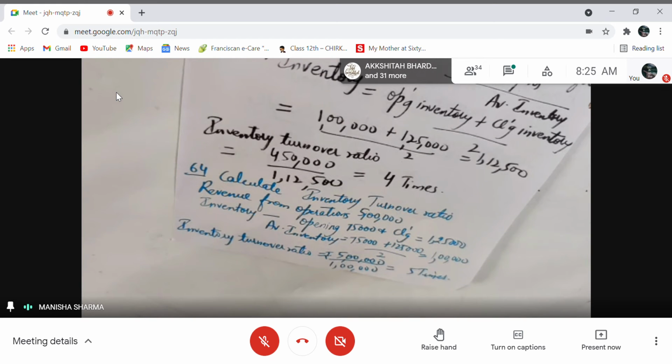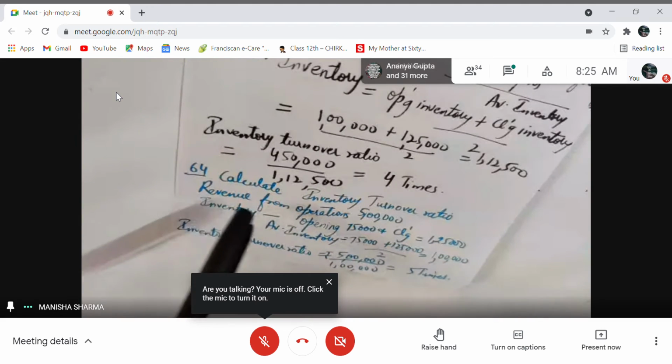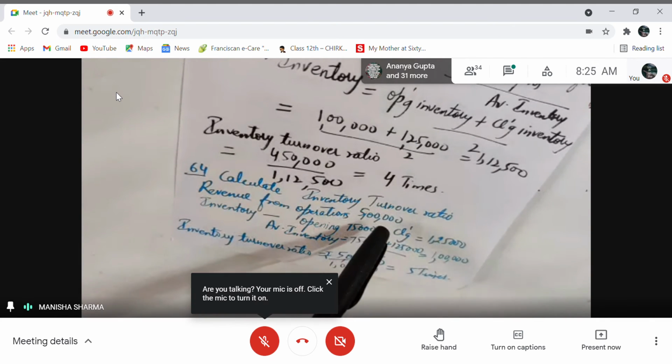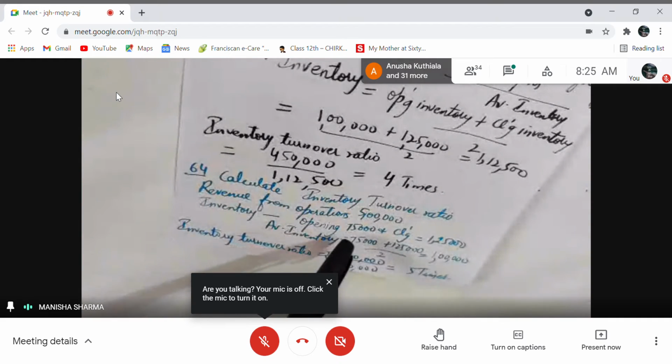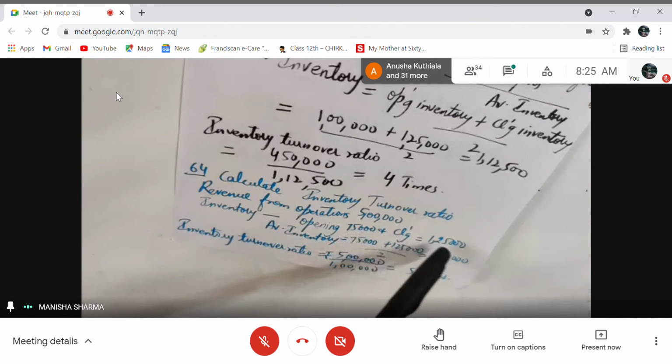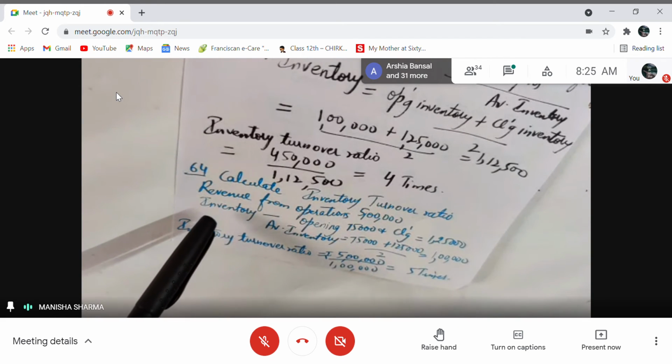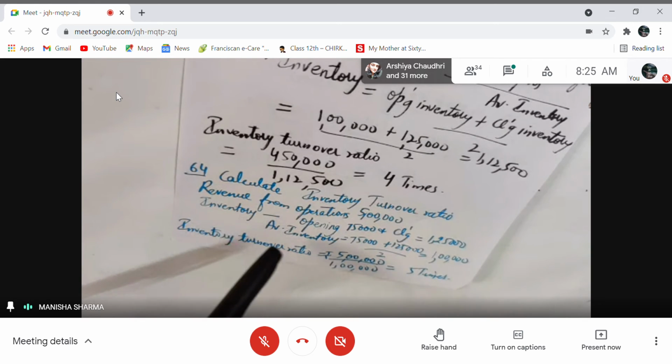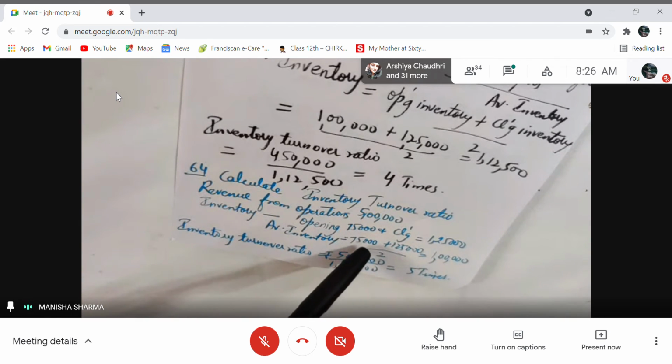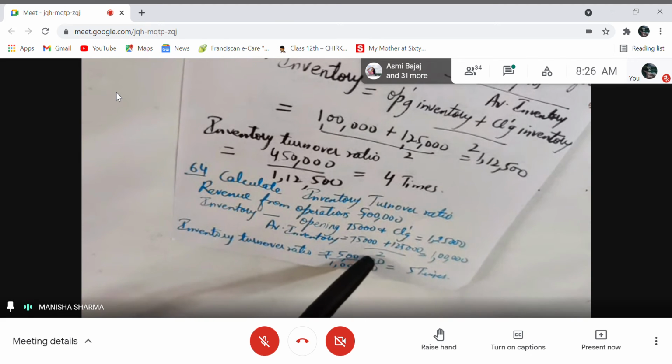In that case, you will take net sales as the numerator. I told you there's an option, second preference given to net sales, first preference given to COGS in order to calculate inventory turnover ratio. So here we have revenue from operations. It means net sales are given to be 5 lakh. Inventory opening is given 75,000. Closing is given 1,25,000. So I can easily find average inventory since both closing and opening inventories are given in the question. So average inventory is equal to 75,000 plus 1,25,000 divided by 2. It is coming out to be 1 lakh, right?